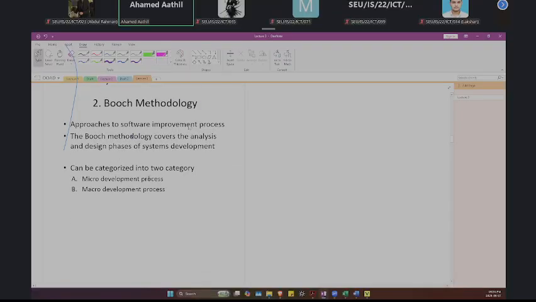He categorized this methodology into two main categories. One is called the micro development process and the other one is called the macro development process, right? So the software improvement process is divided into two main categories. One is micro development, the other is macro development. So micro means what? Micro means very detailed, a detailed view, right? But macro